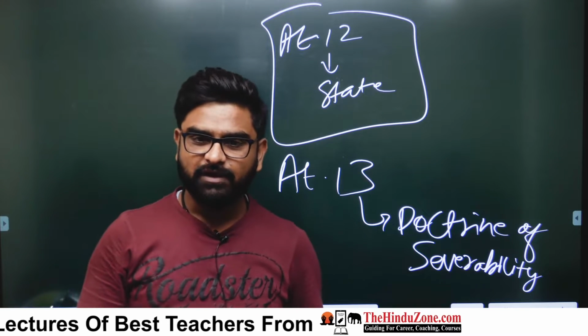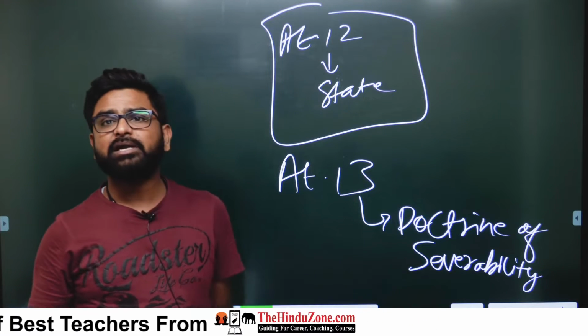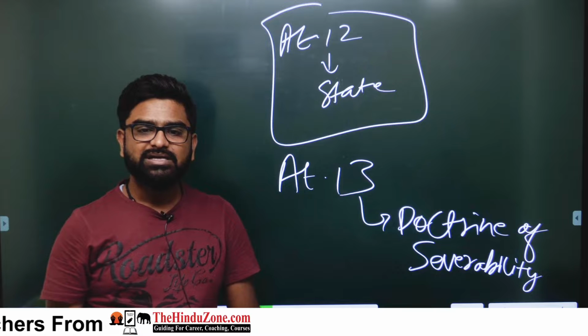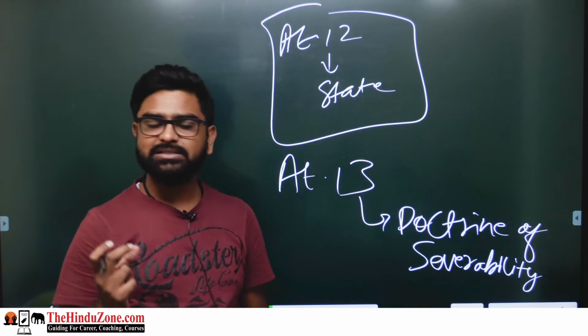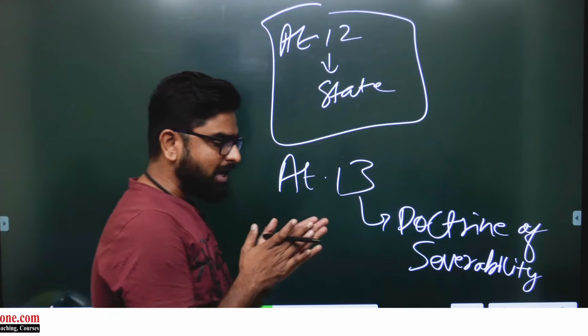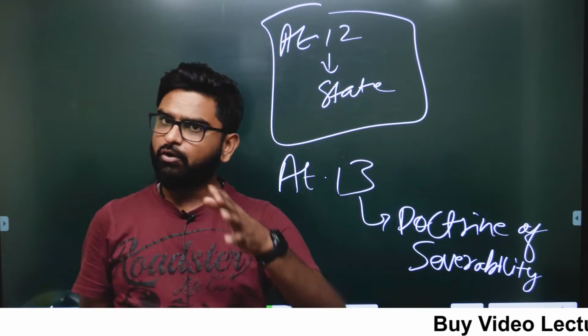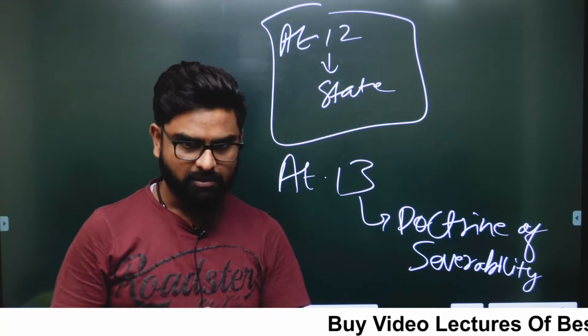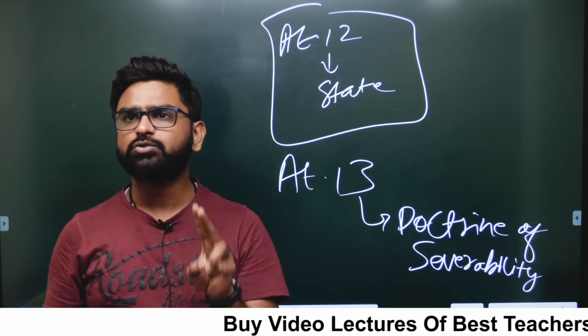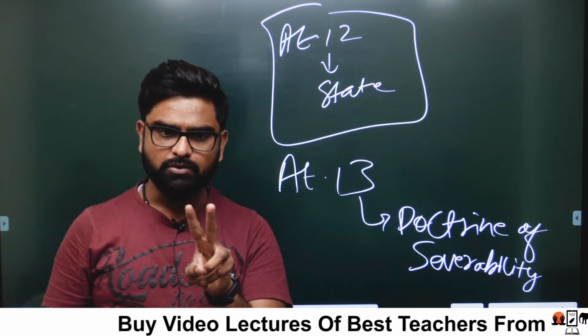Judicial review is also part of that, no doubt. But it deals particularly with the doctrine of severability. Now, what is this? Basically, for example, I bring a law. I mean the Parliament I'm talking about. We all understand Parliament is a law-making body. The two works the Parliament does are: